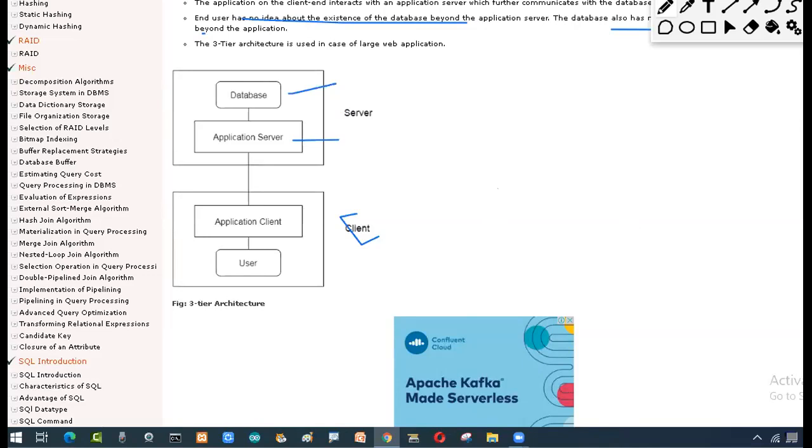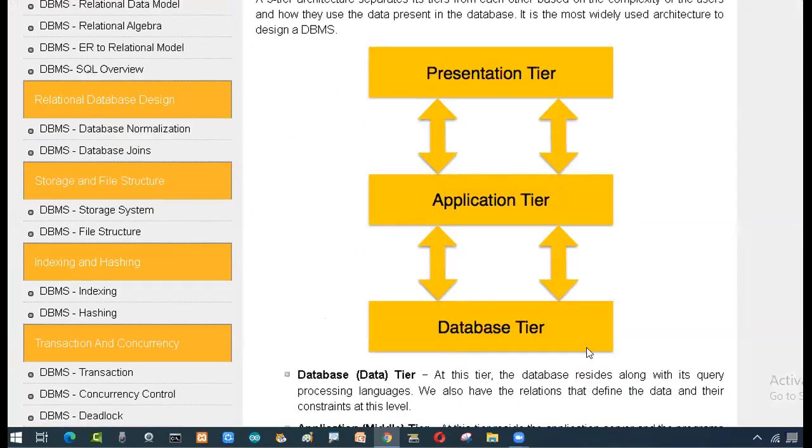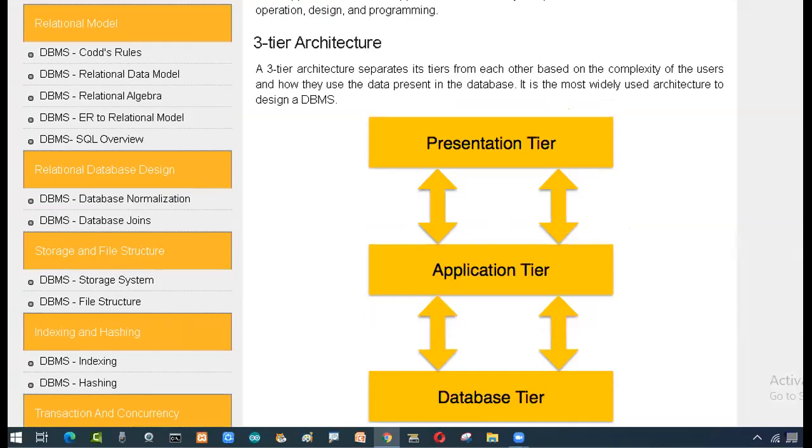Okay, and we'll go into a little more depth on the three-tier architecture, because we are going to focus on it. We'll see how it works. So here, if you see the three-tier architecture, this is it in depth. We call it the presentation layer, application layer, and data tier layer. So we have three stages. You can draw this diagram or that diagram. Both are the same, but this one gives more in-depth knowledge.